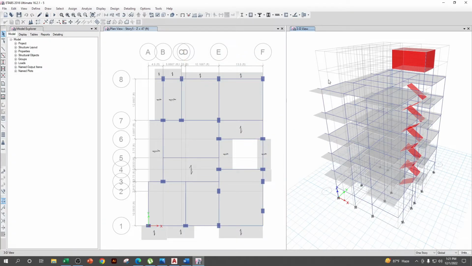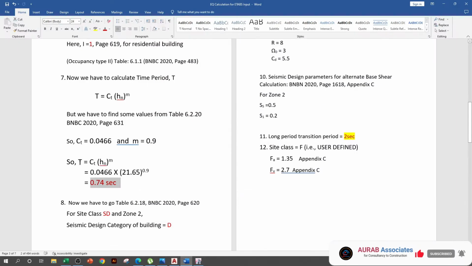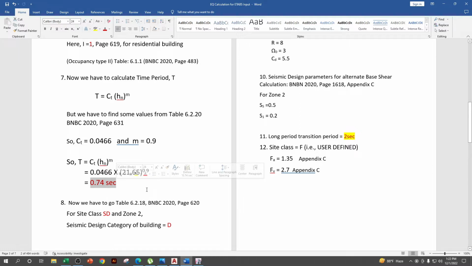Today we will calculate wind load, but before that we have to assign diaphragm in our structure. Basically, this comes from earthquake calculation. So you can see that for our structure the time period is 0.74 second. If we need to calculate the frequency of our structure, we have to take 1 divided by T. That means 1 divided by 0.74, which is equal to